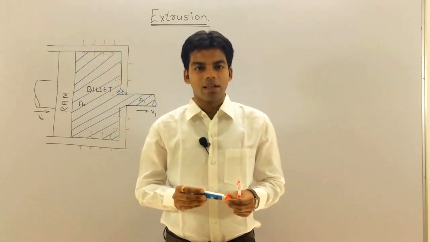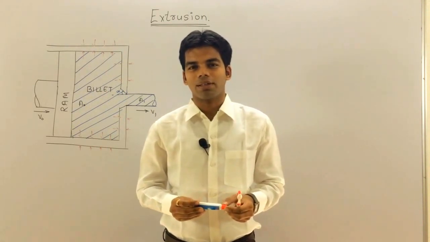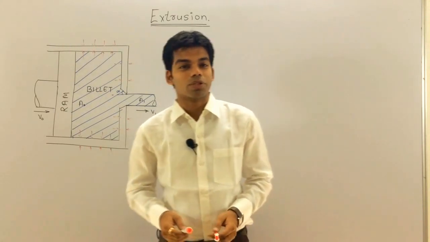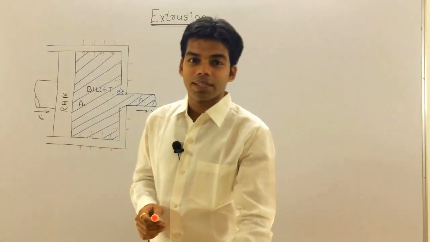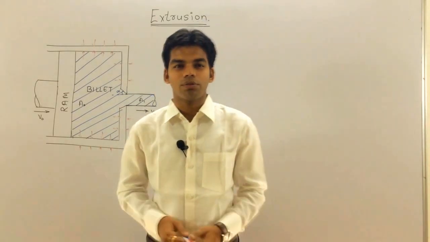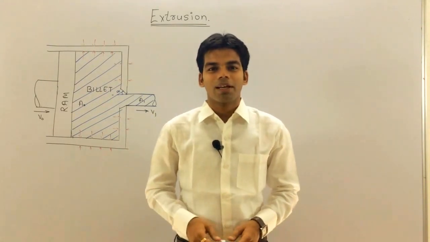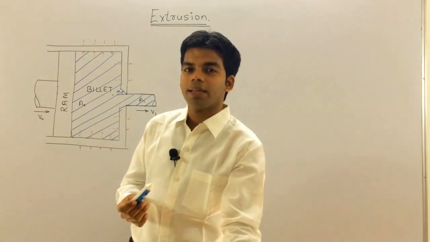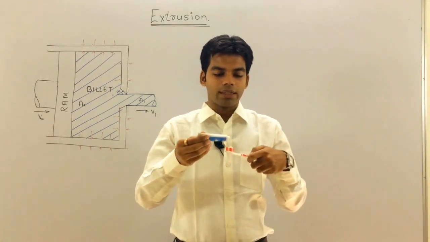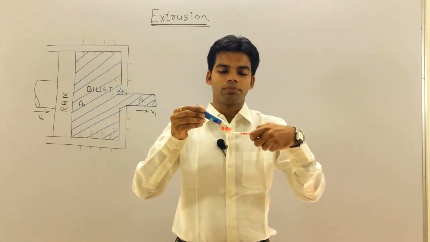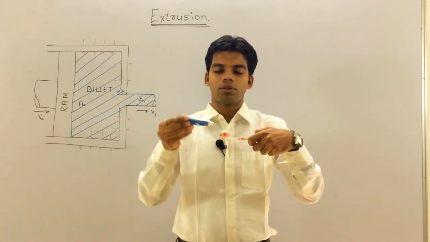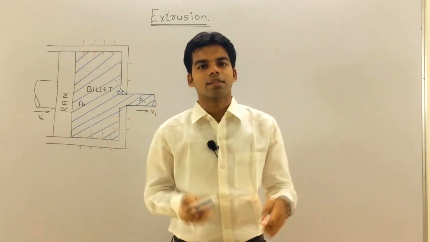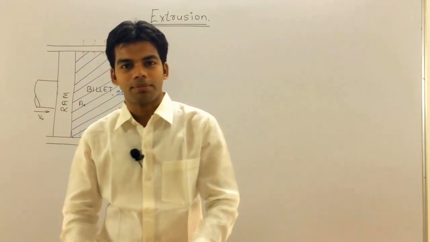Hello everyone. Well, you might be wondering what I am doing today. This is related to our today's topic, which is the extrusion process. And this is the best example I can give you for extrusion, which all of you hopefully might be using daily: that toothpaste tube. What we are doing in a toothpaste tube is just applying a force on the tube so that the toothpaste comes out of the tube in the shape of the exit. This is nothing but an extrusion process, to be very simple.